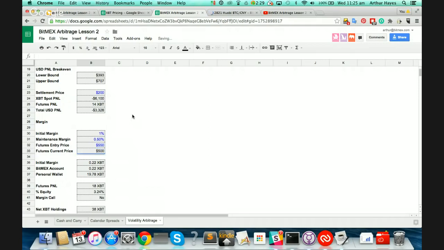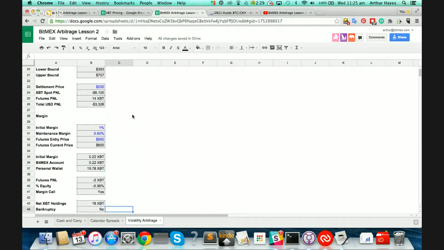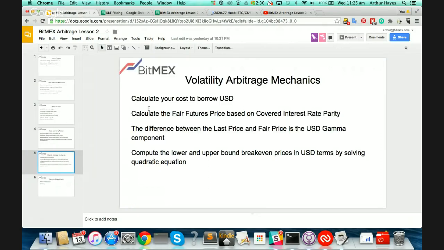You can just move things around like this. But again, always keep a close eye on your margin on the exchange, because what you don't want to happen is you ever come out of hedge during this strategy or any of these cash and carry or basic volatility arbitrage strategies. That is when big losses can occur, because these strategies are meant to generate consistent returns over a